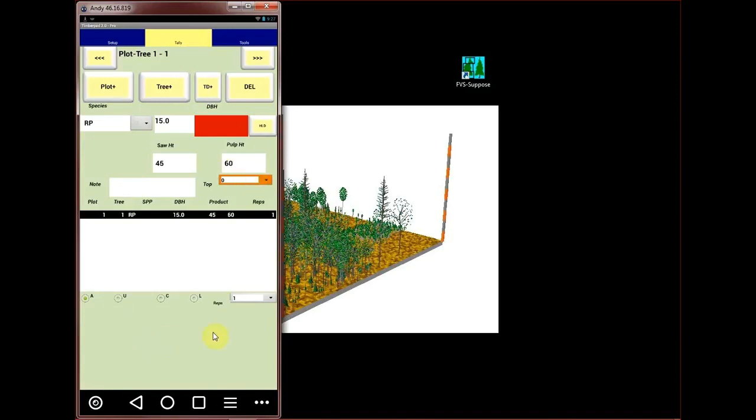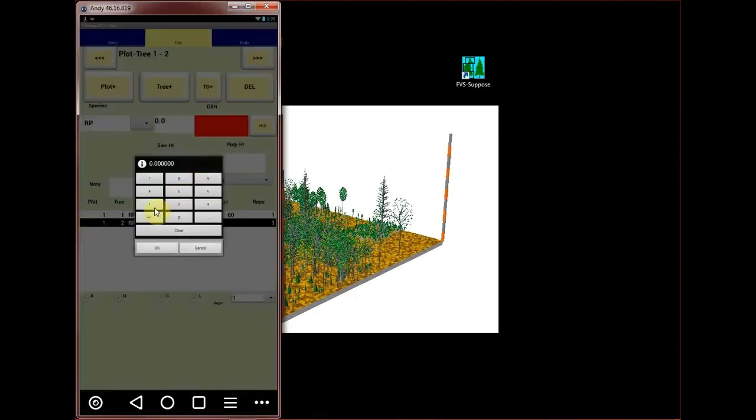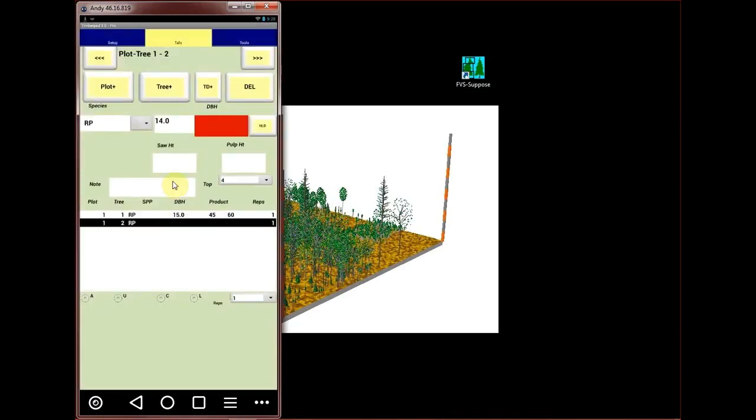Now I've got everything entered for this, excluding notes, which there were none that I wanted to take for this tree. And I'm going to use the tree duplicate button here, TD+, to enter another red pine. So this just saves me the time of entering the species information, and I can change my diameter now. So I'll give this a 14-inch diameter and a saw height of 40 feet,